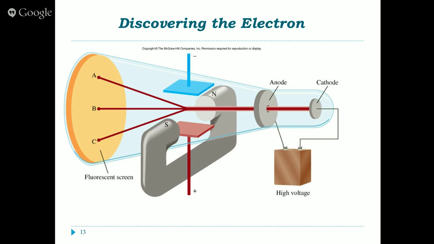So now that we talked about the atom, we're going to discuss what composes the atom. Discovering the electron. J.J. Thomson studied cathode ray tubes. And a cathode ray tube here has been evacuated of all the air, and it is hooked up to a high voltage source. So we have electricity going from the cathode to the anode, going from the negative plate to the positively charged plate.